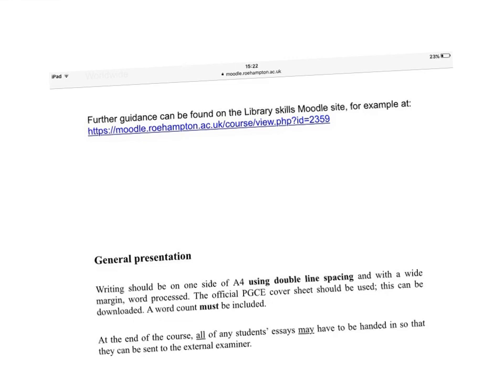Further guidance can be found on the Library Skills Moodle site, and there is also a little bit more guidance in our course booklets about how you present your essays. Good luck with your referencing. It's really, really important that you follow the details and get the little things like the colons, commas, italics and inverted commas right. So do just use the referencing guide and do a little bit of a spot the difference when you're finishing your essay to check that your referencing is as accurate as possible. It's all about care and attention to detail.